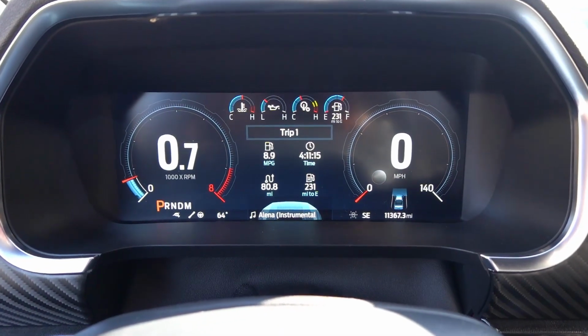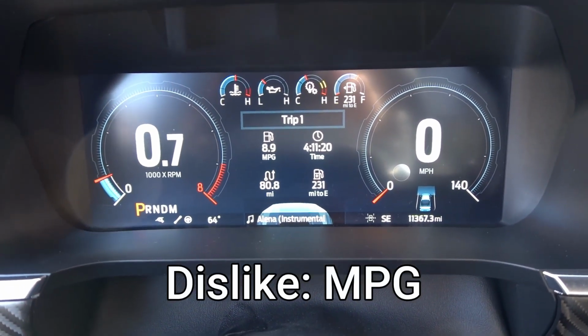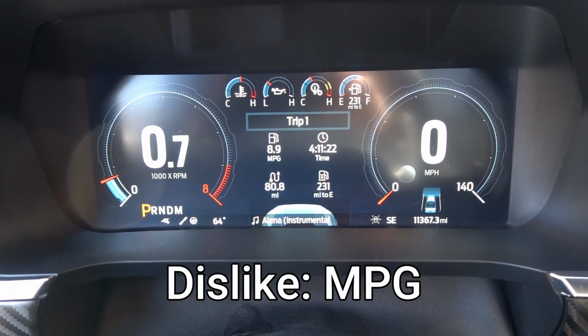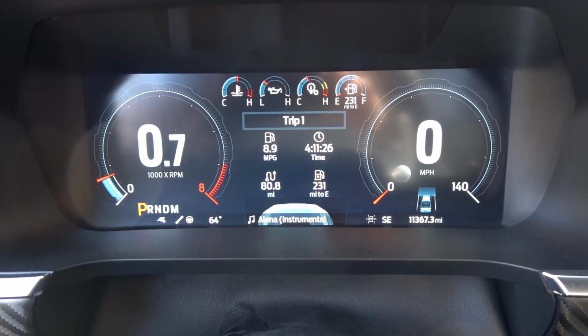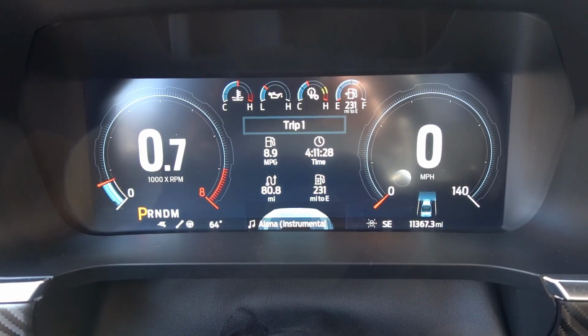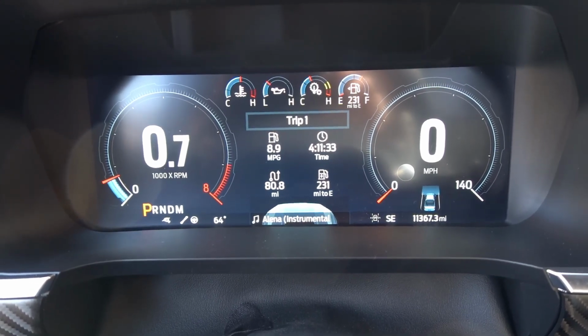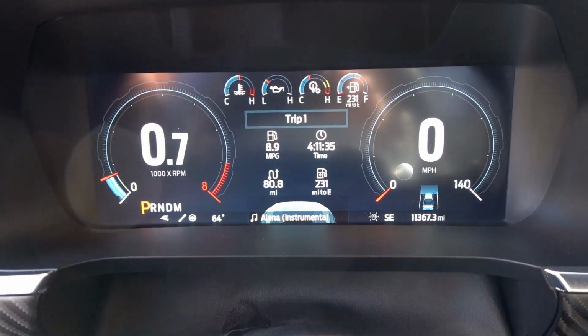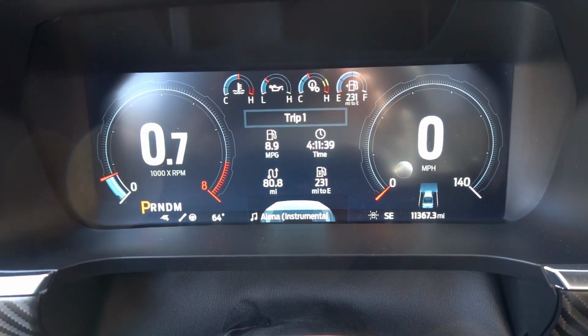Now my final dislike has to do with this number right here. Now yes, you're reading that correctly, 8.9 mpg. Now this has gone down just a few tenths since I started filming this video, as the truck has been idling for a period of time, but I was not exceeding 9.5 mpg while I was actually driving and moving the vehicle. So this is quite abysmal, and really maybe one of the reasons that you might want to shy